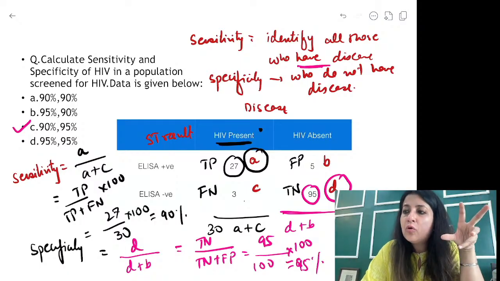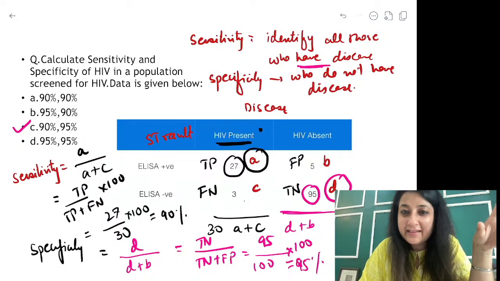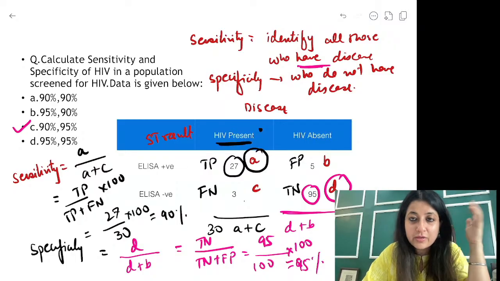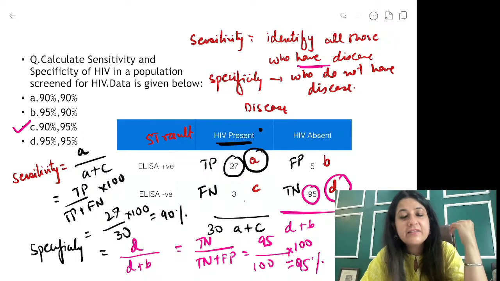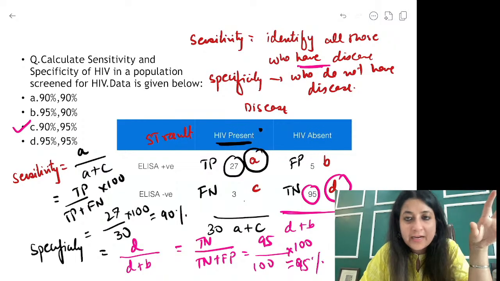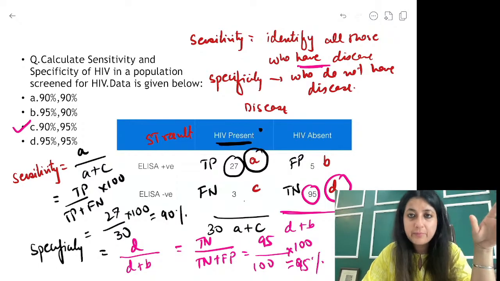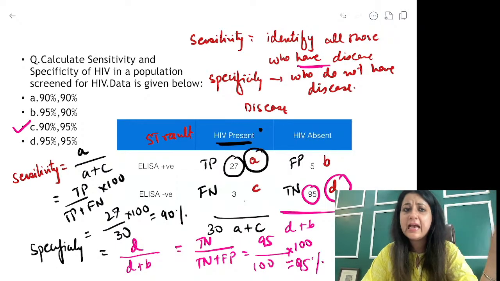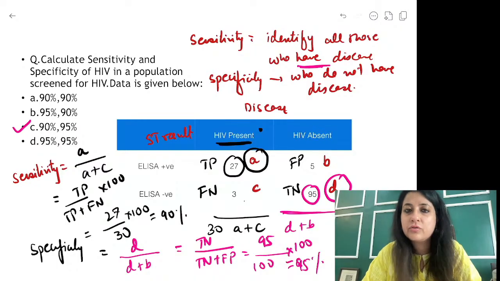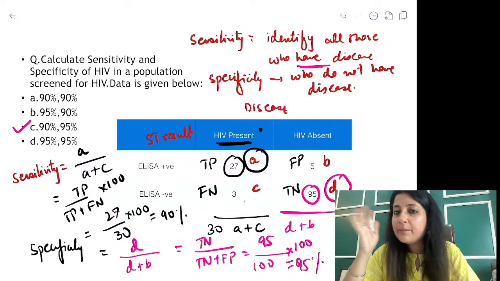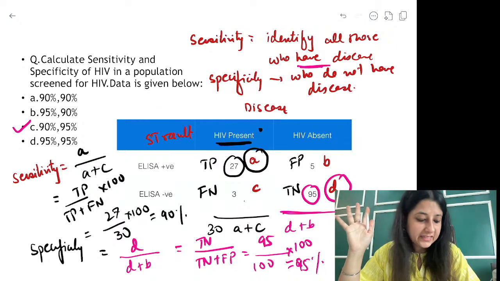Now this is the most basic question you can expect. If they want to give you one easy mark, they will give you this question. They make a 2x2 table, write the values, and all you have to do is remember the formulas. Am I clear? I will give you some tricky MCQs also today for your numerical practice. We will also be doing the question that came last time in the numerical for screening. Okay? So now remember sensitivity, specificity.